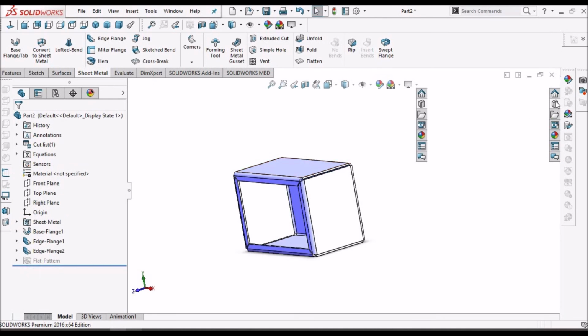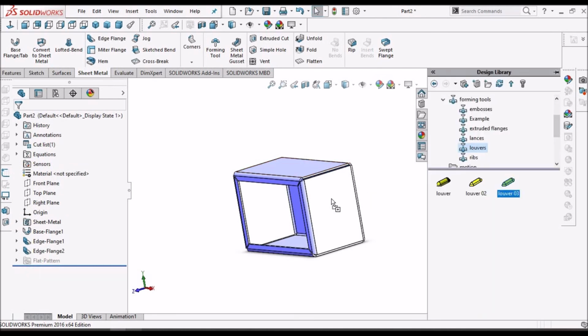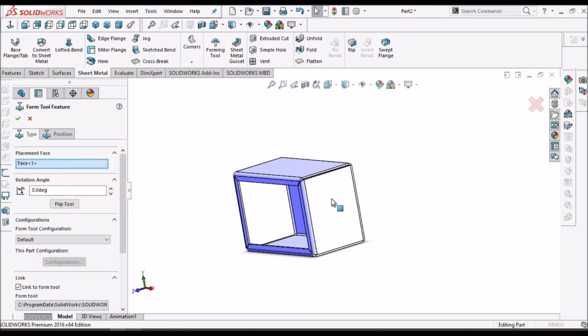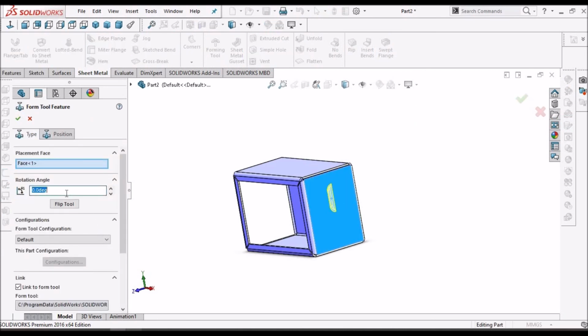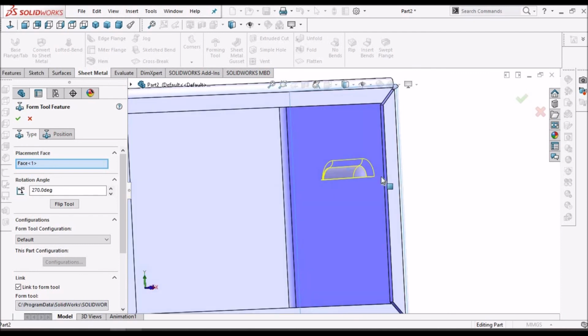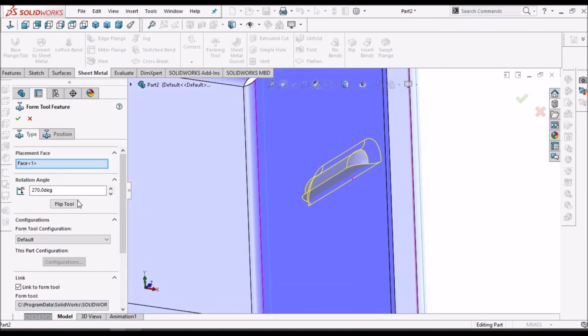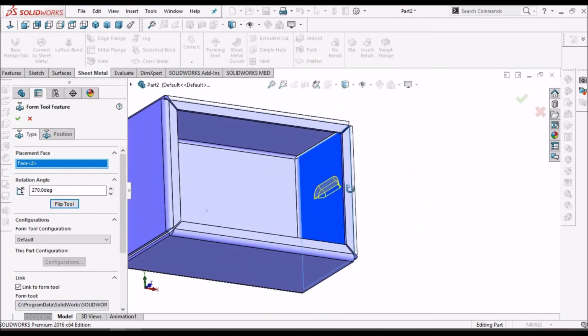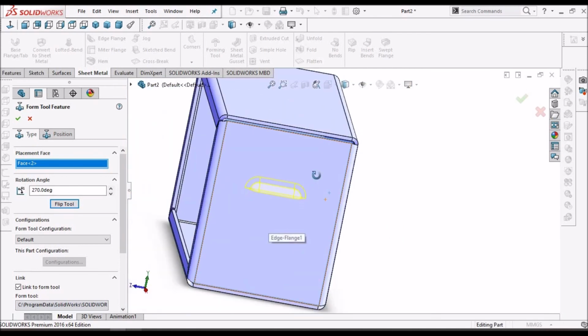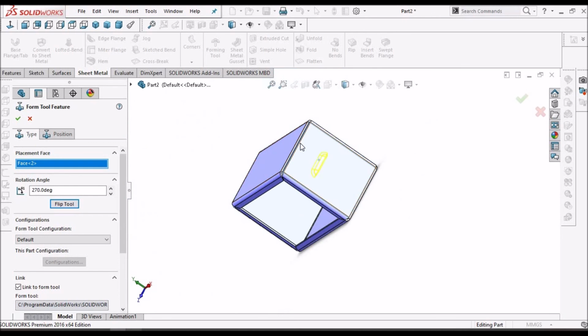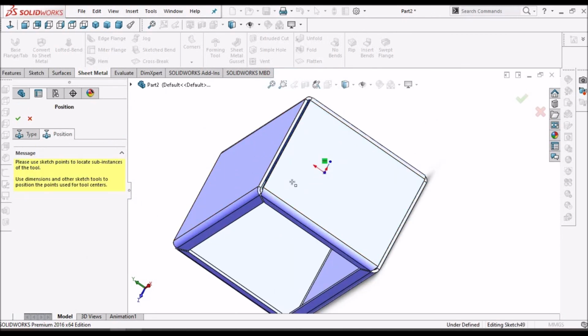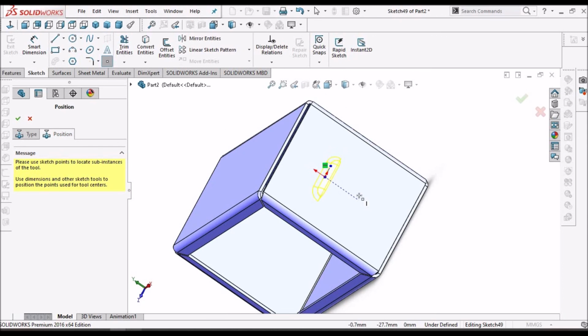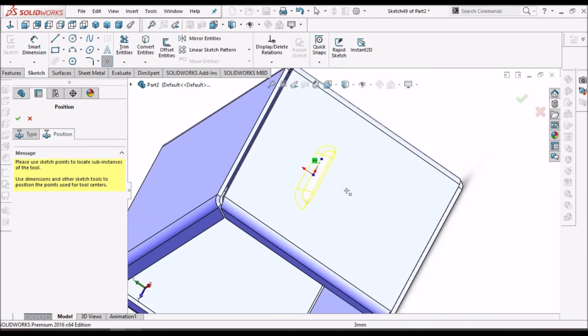Now let's place this lower. See, it is placed, but it is coming in reverse direction, so we have to flip this. So now location is important, so I have to go to position, and I can see one point over here, so I can click like this.